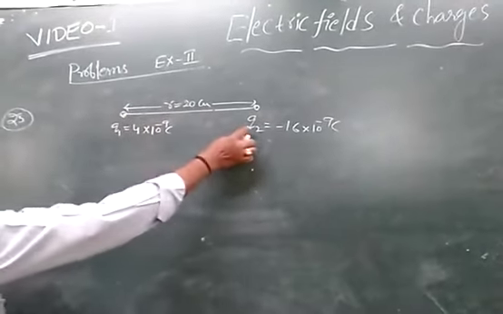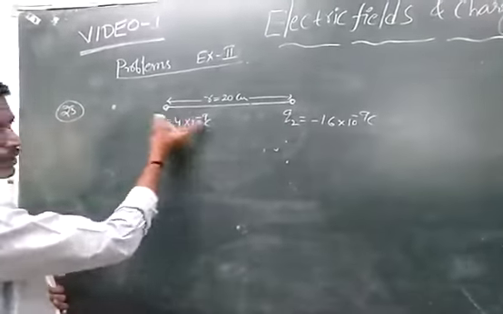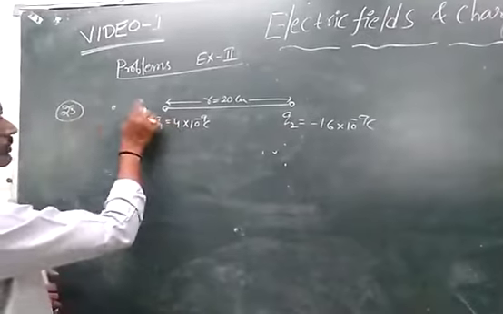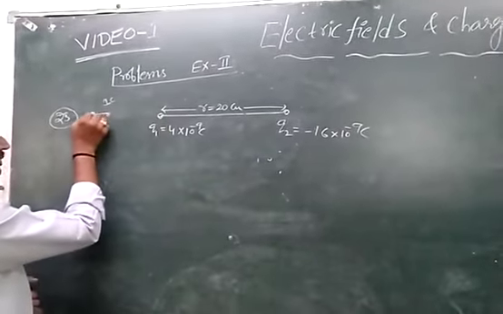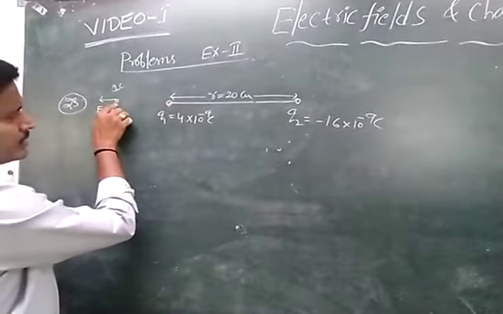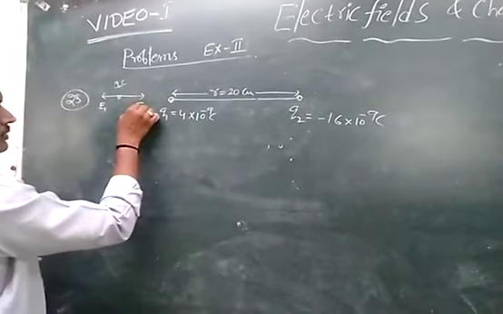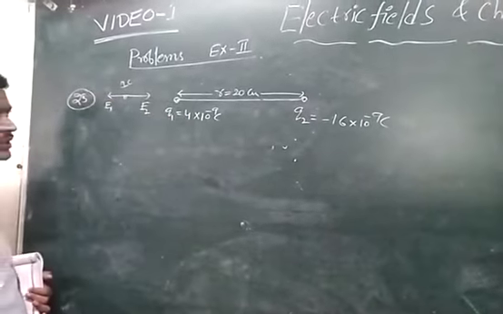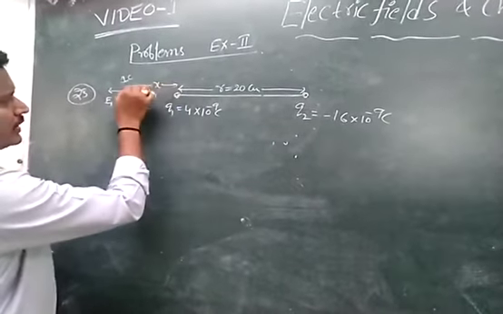Actually, for unlike charges, the neutral point will be found outside of the two charges. Why? Because we can consider a one coulomb test charge. This positive charge is repelled by one charge and attracted by the other, so the resultant intensity will be 0 at this point. Let us call this point x.